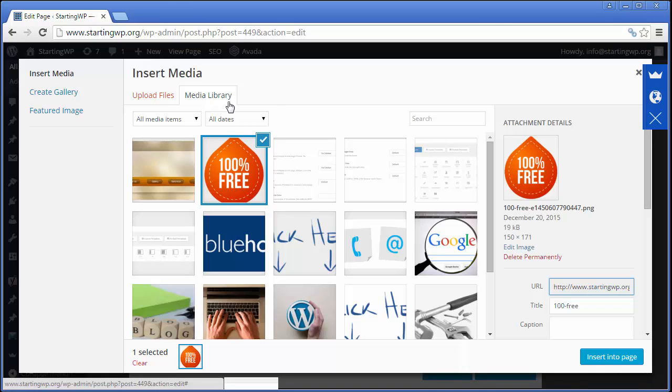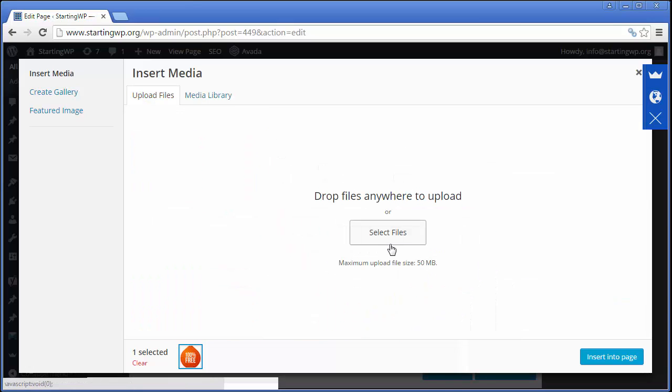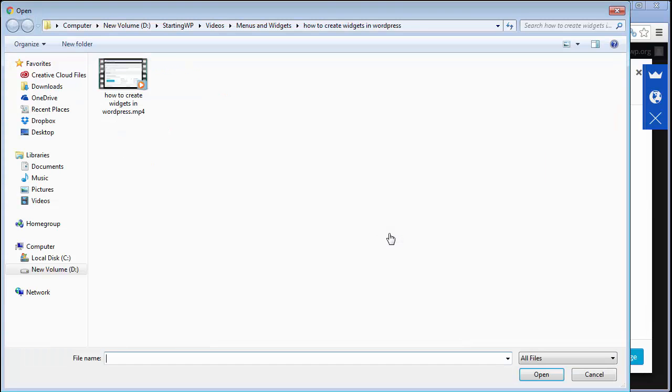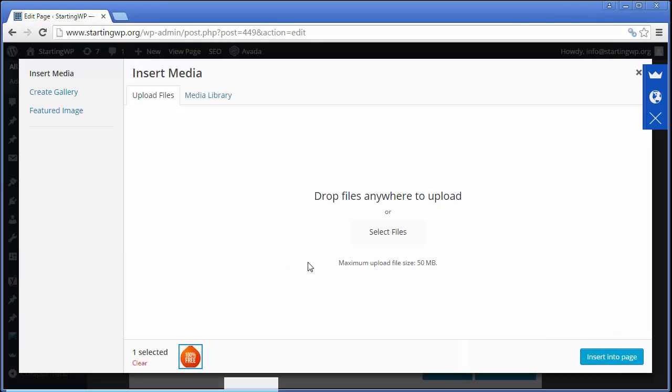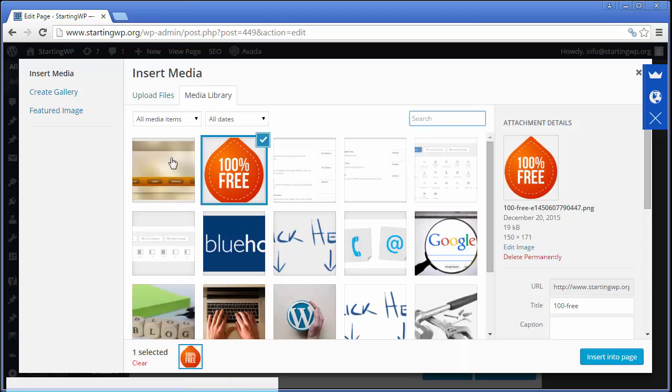Alternatively, if the image is not yet in your media library, click on Upload Files. You can then click Select Files and you'll then be able to choose a location from your computer. Simply navigate to the file, double click, or click Open. It will then upload the file and add it to your media library. The uploaded file will usually appear first in line, and then you just click on it